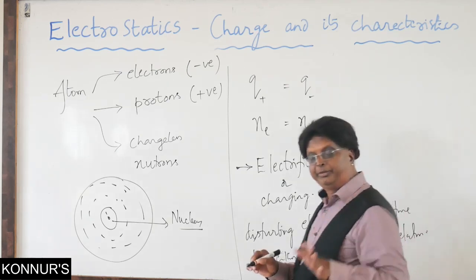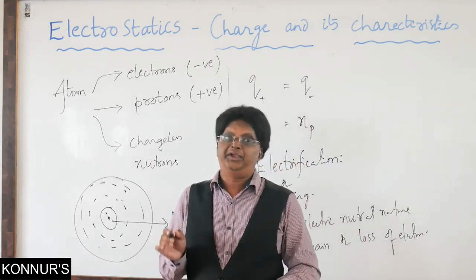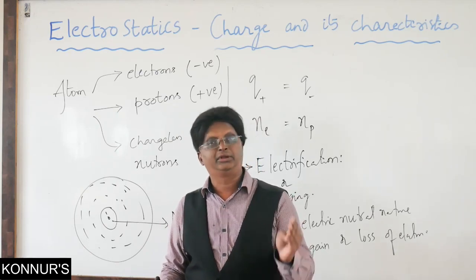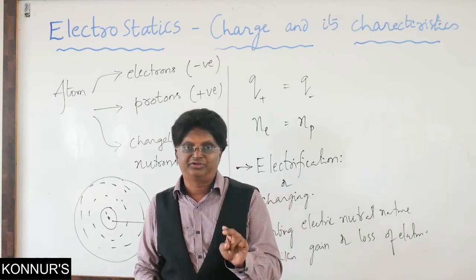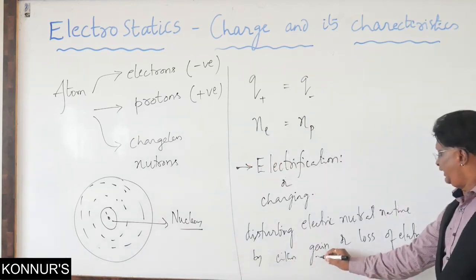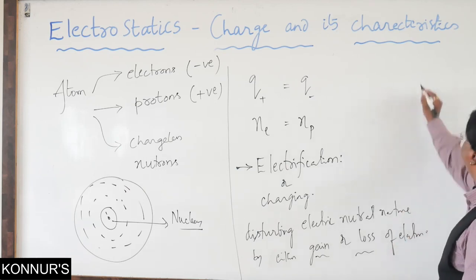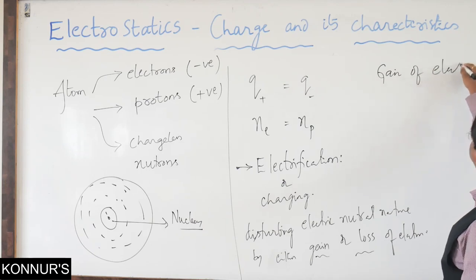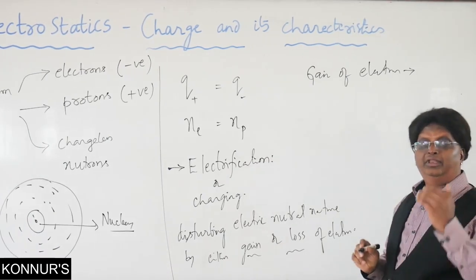So now whenever we speak of the charge, it is always the net charge. You should remember, whether it is a particle or a conductor, whenever we say that, we always speak about net charge. Now why is that charge arising? Because of the gain of electrons or loss of electrons. See here, gain of electrons, what happens? The number of